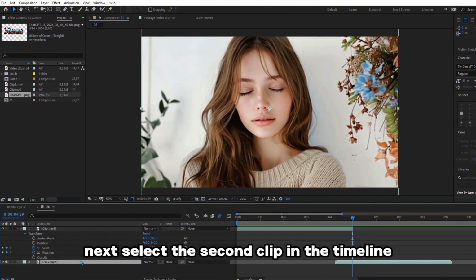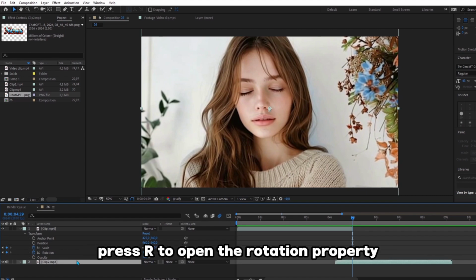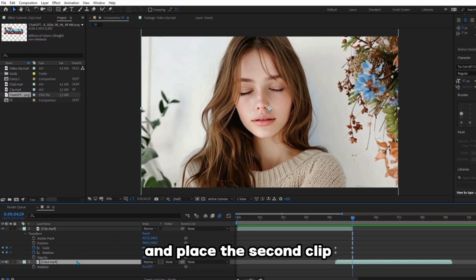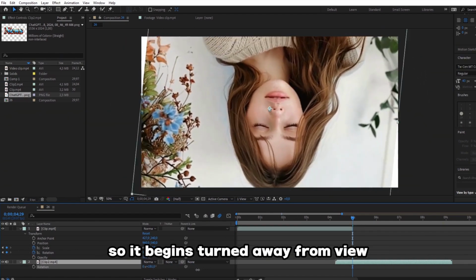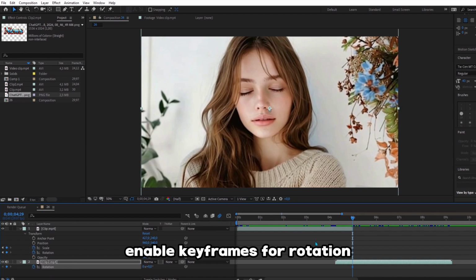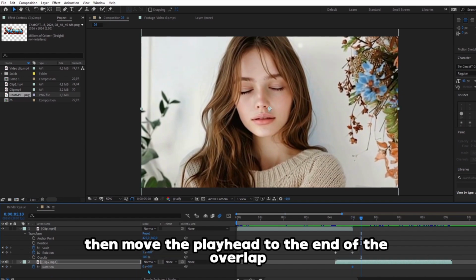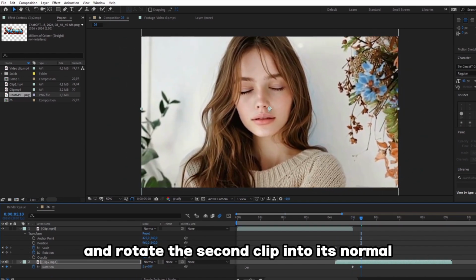Next, select the second clip in the timeline. Press R to open the rotation property and place the second clip starting from an outside rotation value, so it begins turned away from view. Enable keyframes for rotation, then move the playhead to the end of the overlap and rotate the second clip into